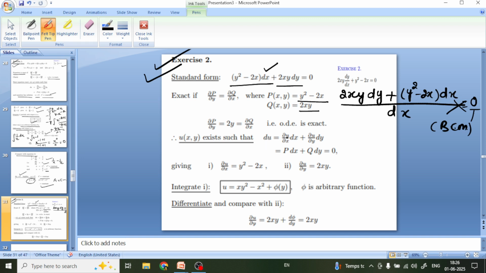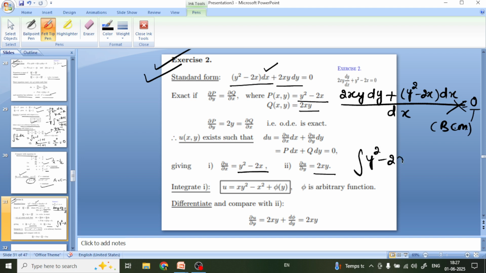du is equal to the partial derivative of u with respect to x dx plus the partial derivative of u with respect to y dy. P dx plus Q dy equal to 0, and you can see here the partial derivative of u with respect to x is equal to y² − 2x, and the partial derivative of u with respect to y is equal to 2xy. And when we solve it,